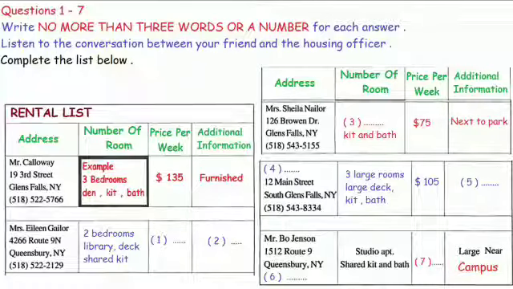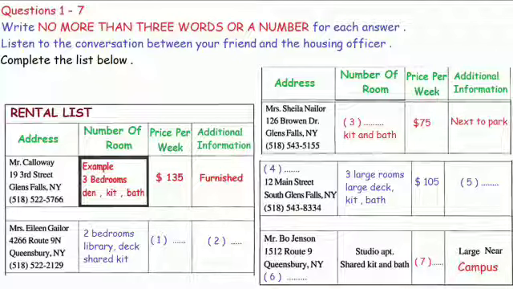Hi, we've been looking over your listing of apartments for rent, and we have a few questions about a couple of the apartments. Can you help us? Sure. Yeah, this is our most recent listing. What would you like to know? Well, we were first wondering about the house on 3rd Street. We can see that it is furnished and rents for $135 a week, but can you tell us how many bedrooms it has? Let's see. In addition to the den, it has 3 bedrooms. The rental on 3rd Street has 3 bedrooms.